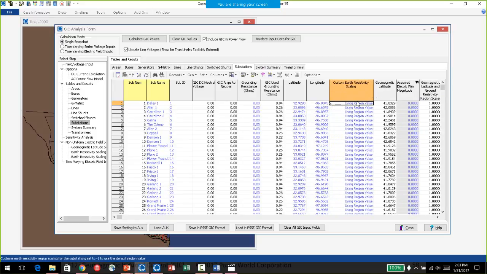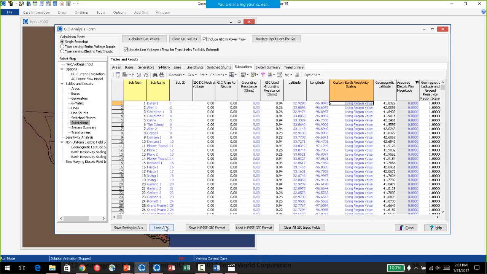It's kind of hard to read up there. It just says use region values. So that's for whatever corresponds to that location. But you could put in a separate value for every substation. So if you've got a pocket, like up around the graph that Tom was showing earlier, that little rectangle on the coast, I guess it went from maybe Astoria, Oregon, up to kind of the Puget Sound area up that way, you could put in different scaling factors for substations that are within that zone. Or you could create your own.